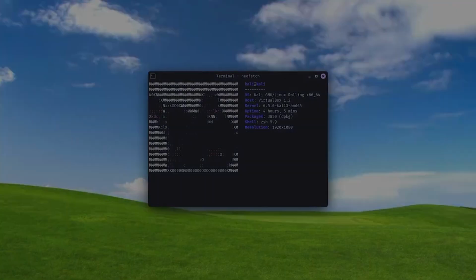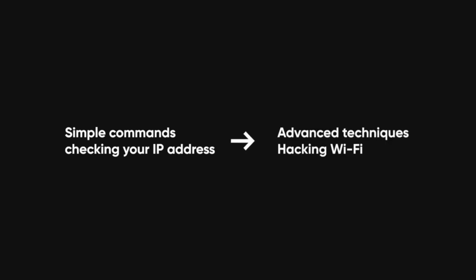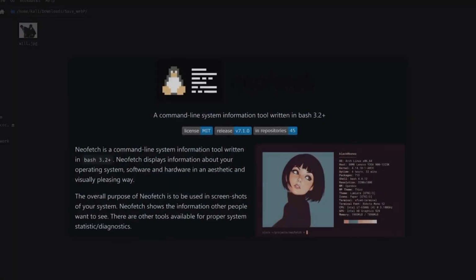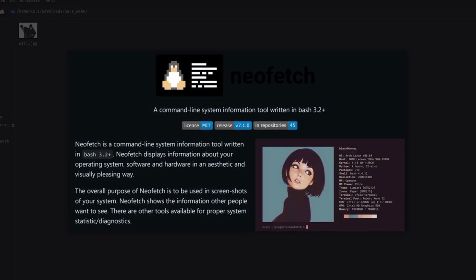This video, I'll show you every Linux command you'll ever need. From simple commands like checking your IP address to advanced techniques for hacking Wi-Fi, you'll get it all. Let's jump in. NeoFetch is a command line utility that displays system information along with an optional logo or image